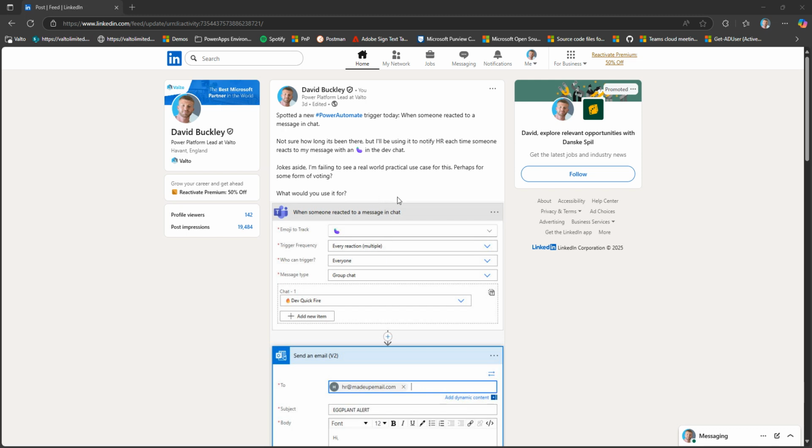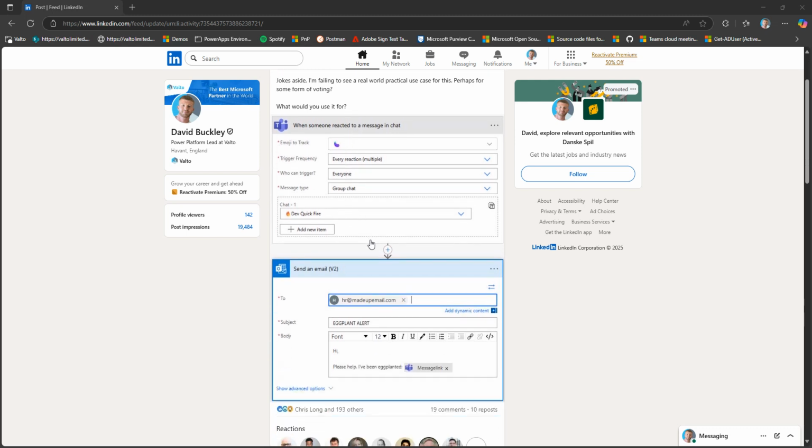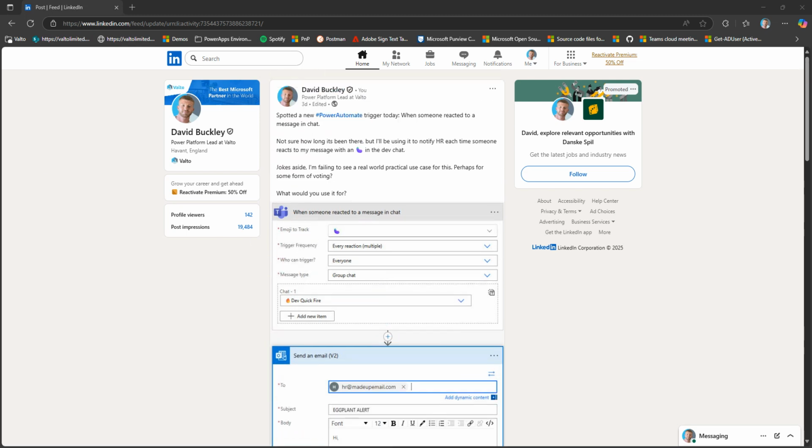So the topic of the post was in relation to this new Power Automate trigger that I found, when someone reacts to a message in chat. I was using the joke of if someone used the eggplant emoji, then I'd send an email directly to HR, because what kind of weirdos reacting to that to me? But yeah, there was a couple conversation points in the comments below in relation to what this actually could be